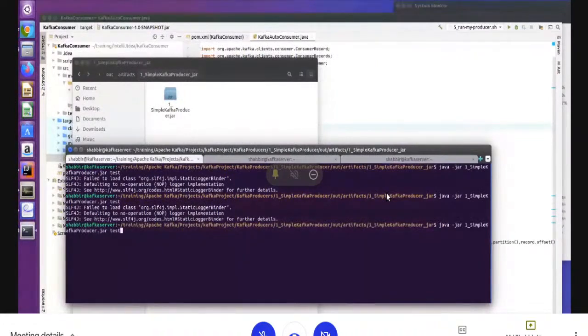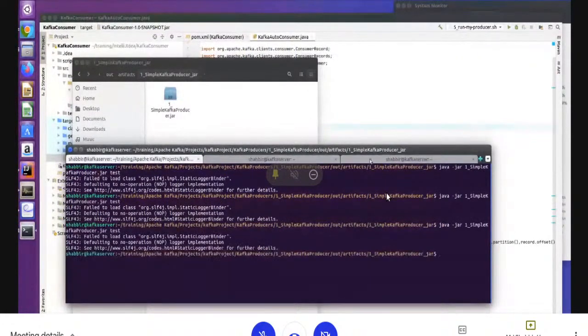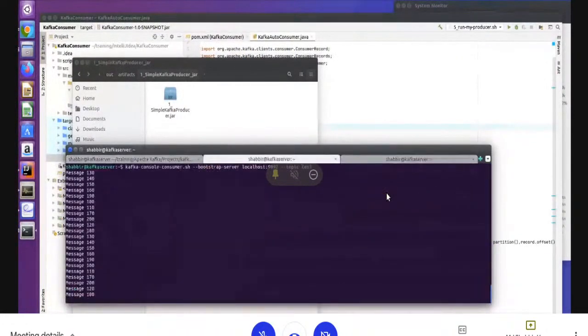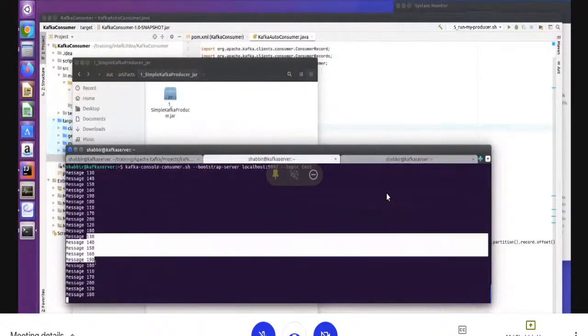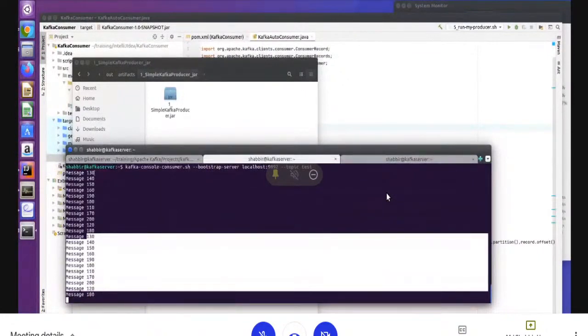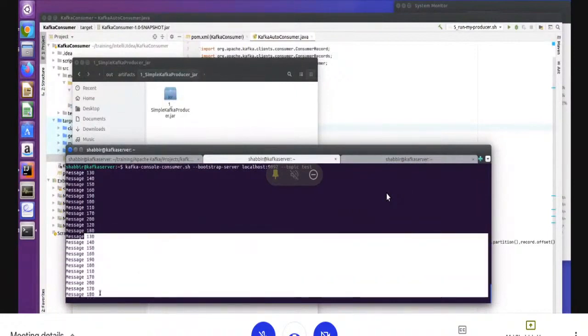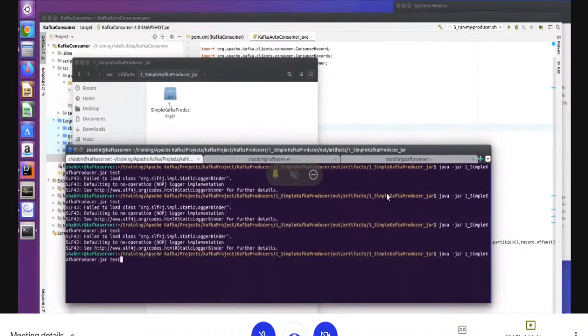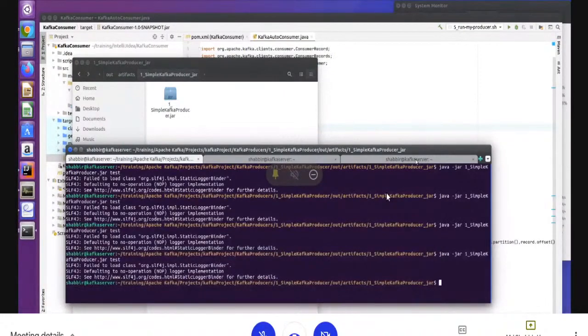Produce again into the test, right? It has already submitted the data. You can see here, see, it is repeating, right? So what are the messages? I run a loop, and inside the loop, I run these messages. So see, it keeps repeating, right? So we can run. This is the way in a company we write a producer like this, right?